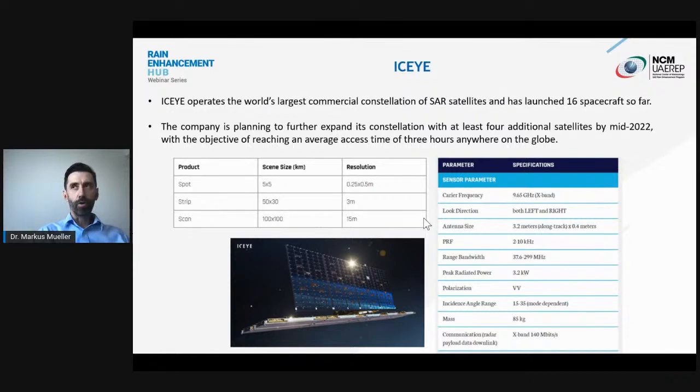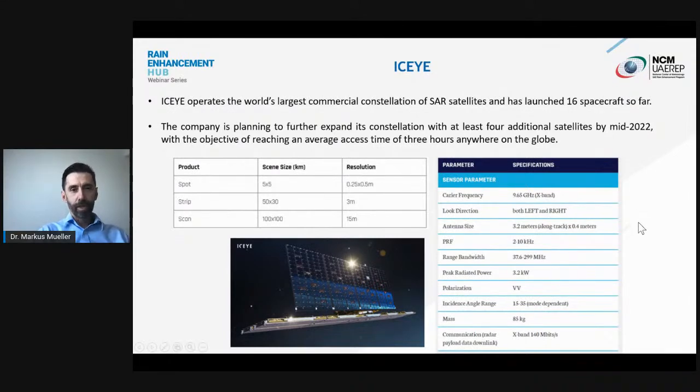And the other reason is that ISI operates the world's largest commercial constellation of SAR satellites. They have 16 satellites and will expand the constellation further in the coming years, at least 4 more by mid this year. And they want to get a potential revisit time of around 3 hours,